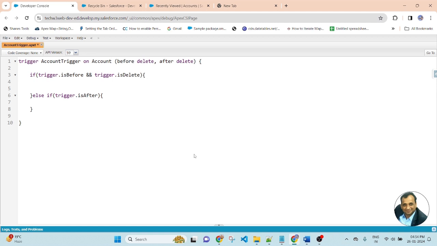Here I am writing a Map of Id and List of Opportunity, oppListMap equals new.